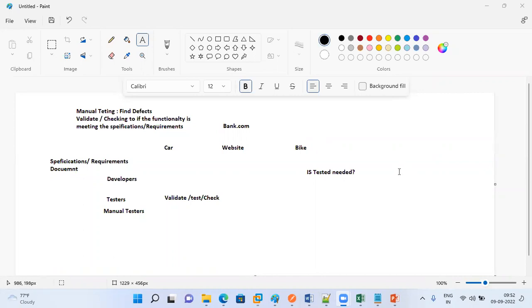We want a quality product or a quality application. To achieve the quality, you have to test that application. If the application doesn't have the quality, then it will have some defects, and those defects are going to cost more than what is expected. And it will have huge consequences if your application is not meeting the expectations or not meeting the quality standards. Let us take some examples of